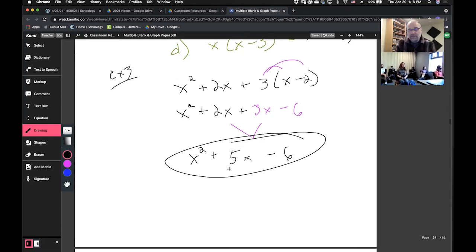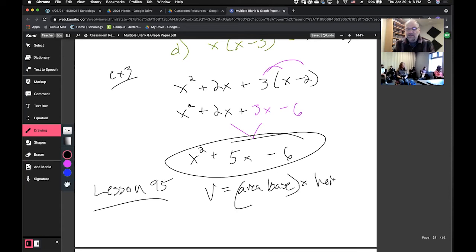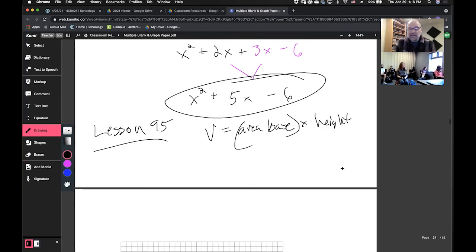All right, just to review, because I forgot to record, Lesson 95, remember the volume of a right solid is just area of base times height. It depends on what the base is. If it is a rectangular solid, then area of base equals length times width, times height. If it is a triangular solid like this,